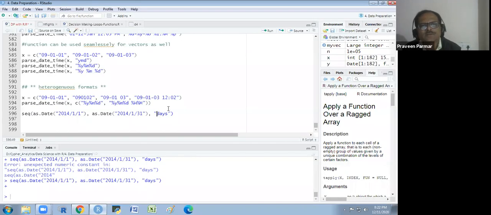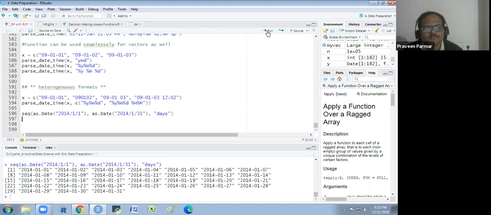I understand what their problem is. Correct. Got it. This is an easy way. The as.Date you use this function, or you could use the parse also.